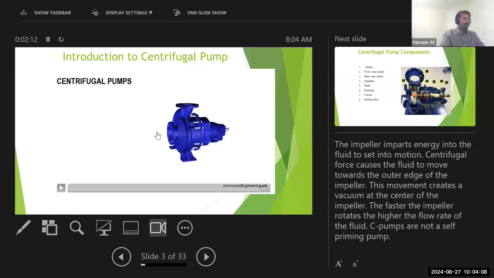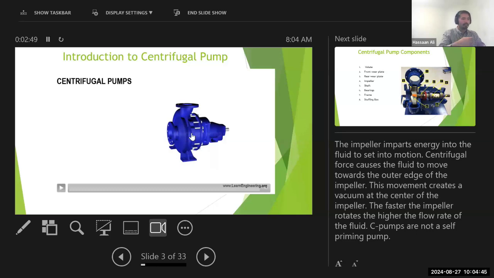The fluid will enter at the eye of the centrifugal pump. It will hit the impeller. The impeller will impart energy, and then that energy is converted into centrifugal force. That force is the one that pushes the fluid through this outlet or discharge port over here. By imparting motion to the fluid, by giving it centrifugal force, it creates a pressure differential or a vacuum at the eye of the centrifugal pump. When the pressure differential is created, it sucks more fluid into the eye, and then you have that cycle being